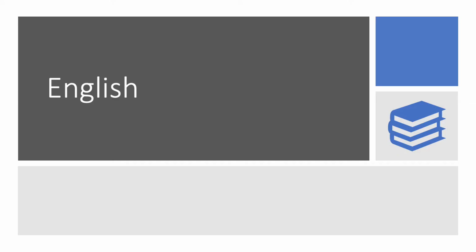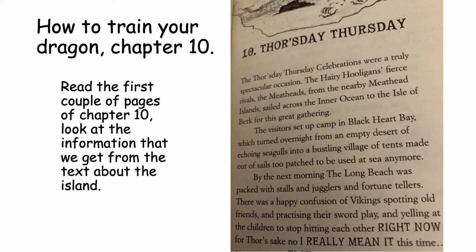Okay, so let's get on to our English. You do need chapter 10, which was in your packs. I've put the pages that we're going to read up. Okay, so we're going to read the first couple of pages of chapter 10. So are you ready? I know it might be hard to read, but at least it's there. So chapter 10,